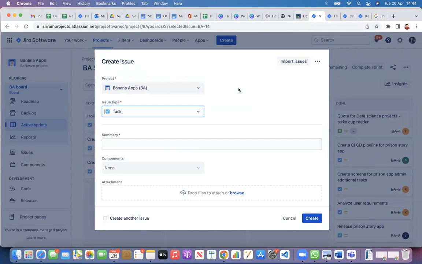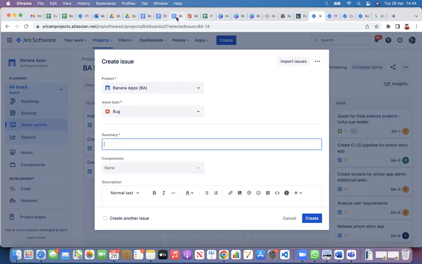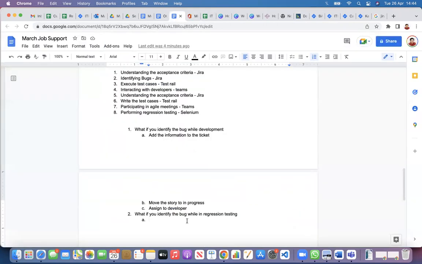So what is the next thing you are supposed to do? You are supposed to raise a bug because previously you failed the story. So what do you have to do? Raise a new bug and assign. First of all, you raise a bug, number one. Now, based on severity,